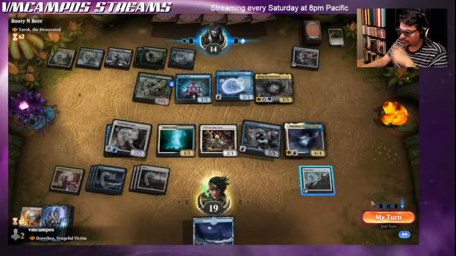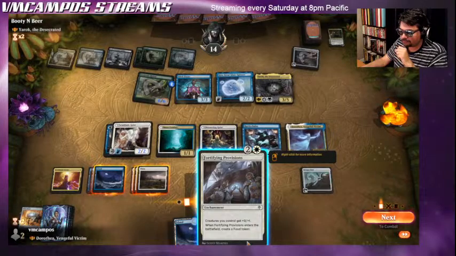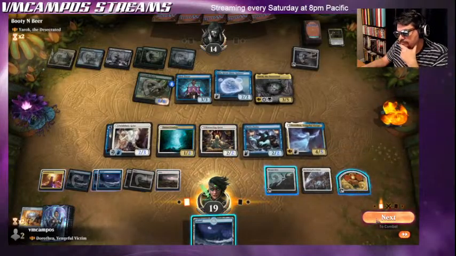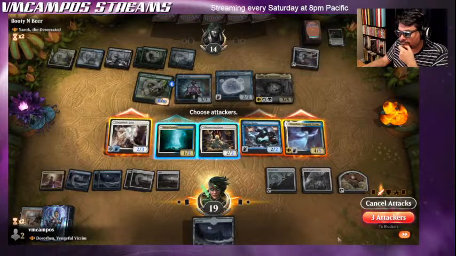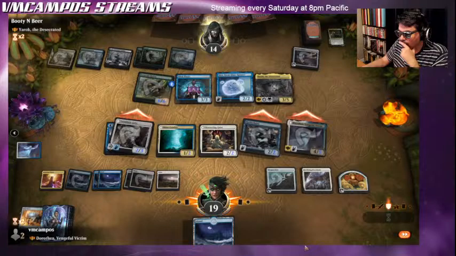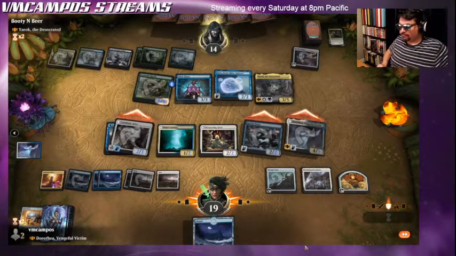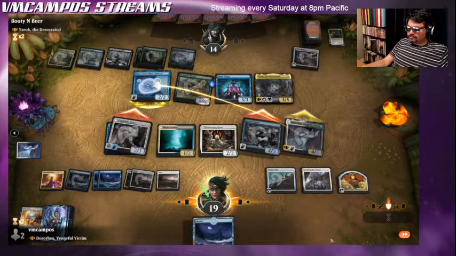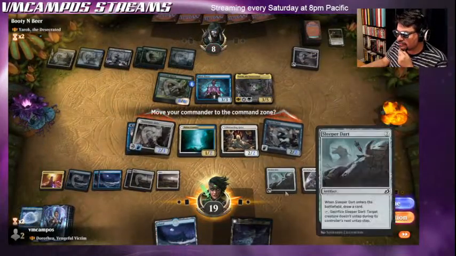Come on, pinpoint removal, board wipe. I can live with a board wipe. Not pinpoint removal. Okay, fine. Let's make our creatures a little tougher. Just go for some air attacks. All right, fine. They are getting rid of their ward. Good, okay. We don't have to worry about...